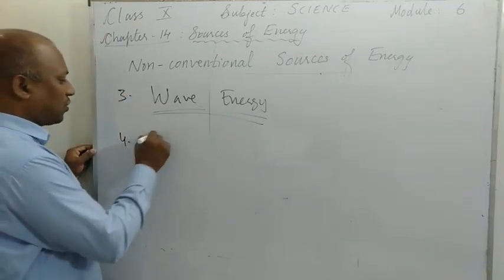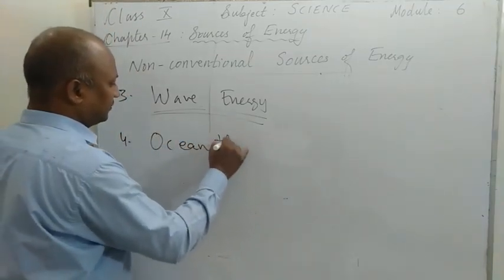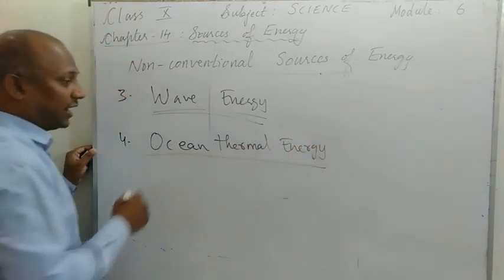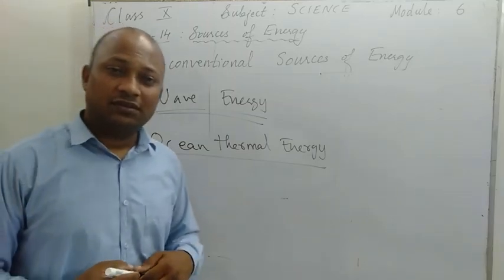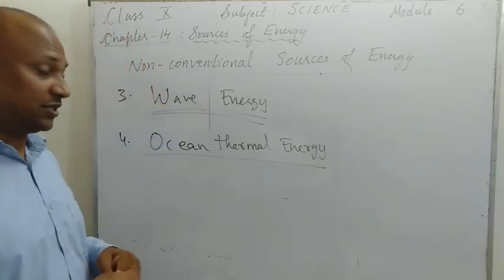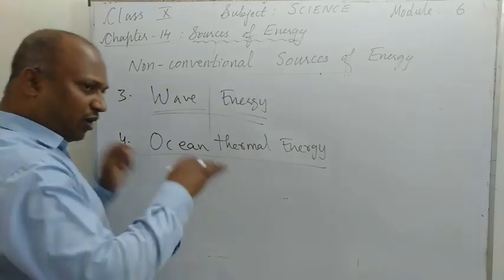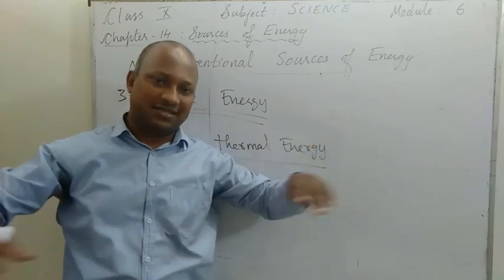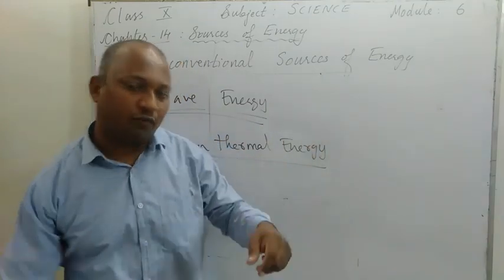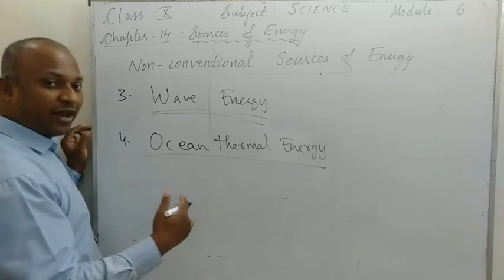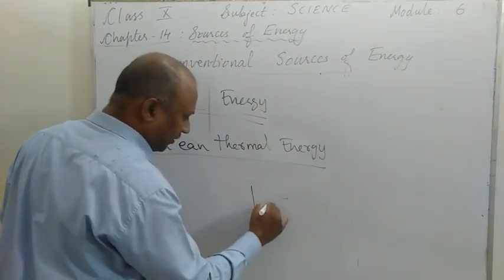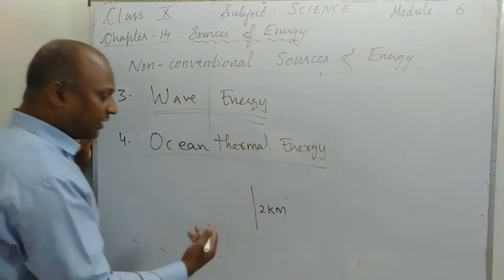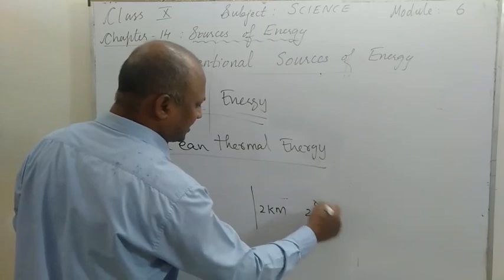The fourth one is ocean thermal energy. What do you mean by ocean thermal energy? Thermal means something related to temperature. In the ocean and the sea, due to sunlight, the upper part is hotter and the lower part is relatively cold. So if over a depth difference of 2 kilometers there is a 20 degree Celsius difference,